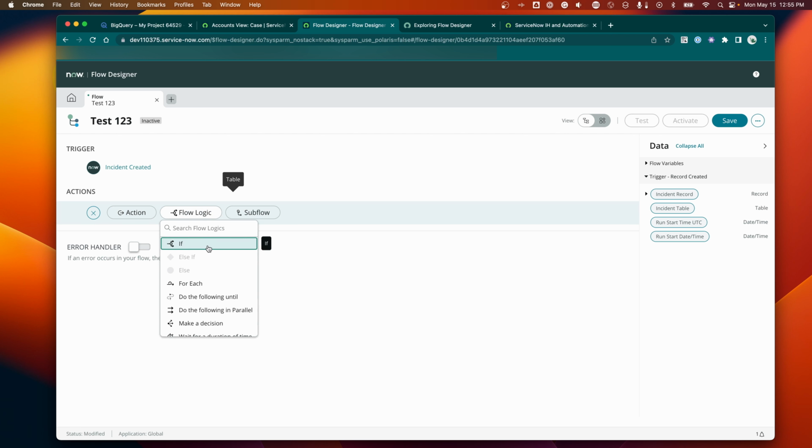So if this variable or this record's value is this, then go down this path. You can do for eaches, else ifs, do the following until, do the following in parallel. You can call a workflow. So the legacy workflows you can call from Flow Designer. You can also do,